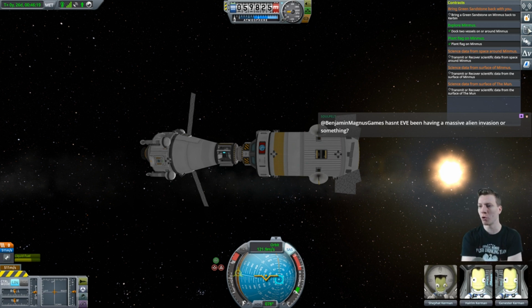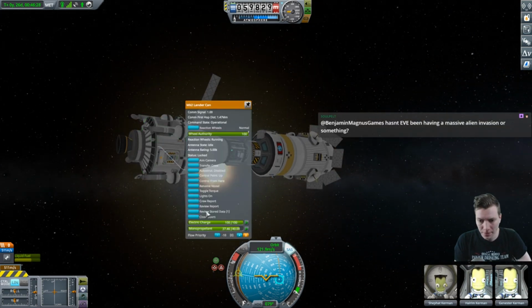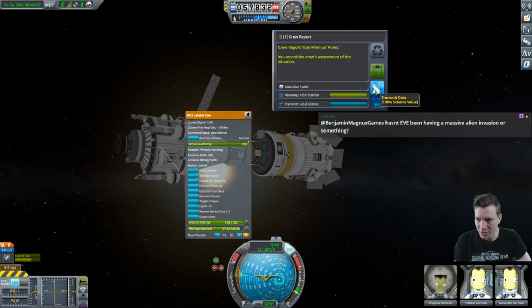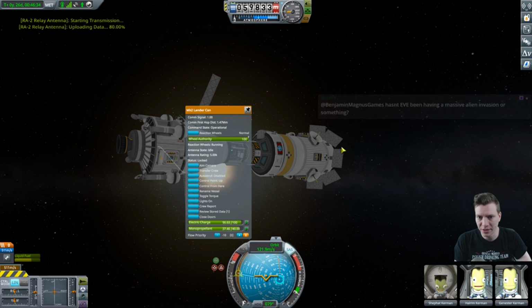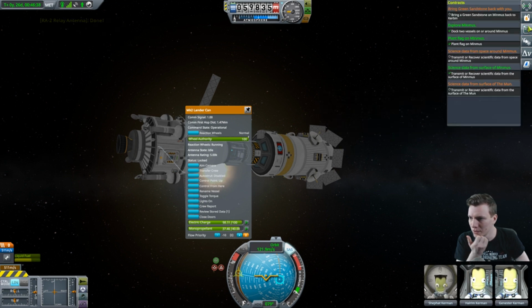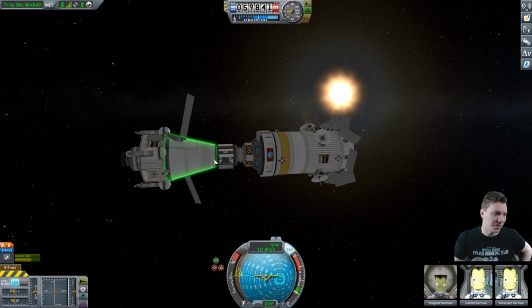We did finish Explore Minmus, dock 2 vessels around Minmus, plant a flag on Minmus. We haven't transmitted any of the science yet, so we could go ahead and do that if we wanted to. So we can transmit this back for 100% of the data. That finishes science data from the surface of Minmus. Transmit or recover science data from space around Minmus. So I could do that one too easily. I have my scientists go out, reset these, take some science, then...